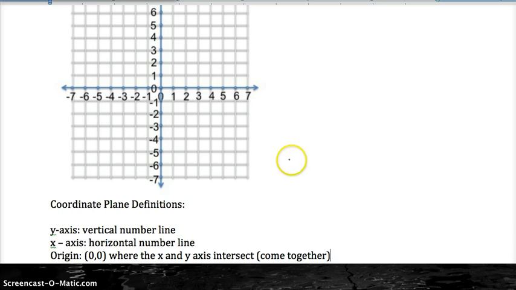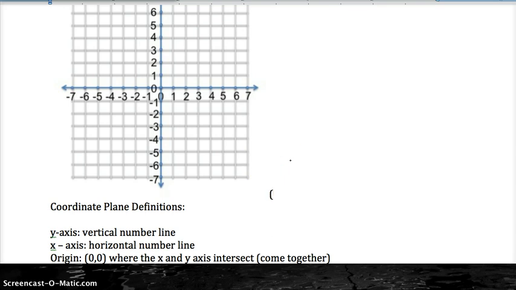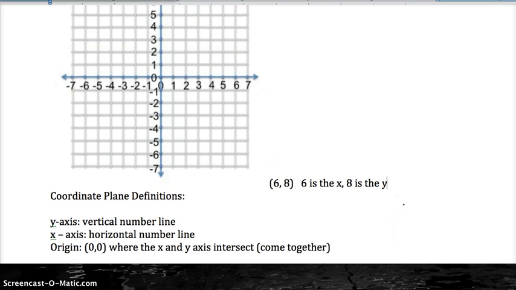And then the last one that you'll need to know to finish your homework is, if you have an ordered pair such as 6, 8, the 6 is the x and the 8 is the y. So this first number is always the x and the second number is always the y. And we'll do an example of that in just a little bit. So go ahead and make sure you can look at either this example or look at an example on page 33 in your book to see what exactly these definitions mean and give examples of all of those definitions as